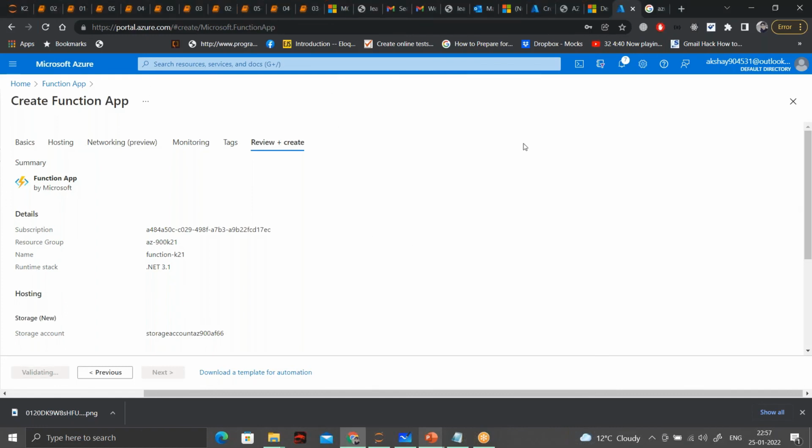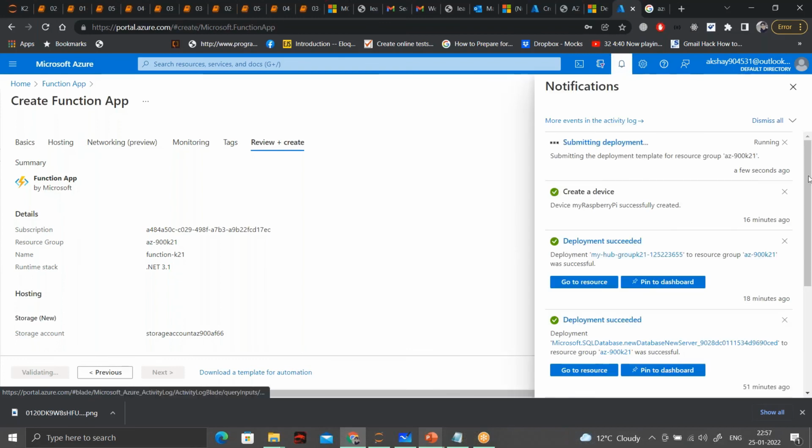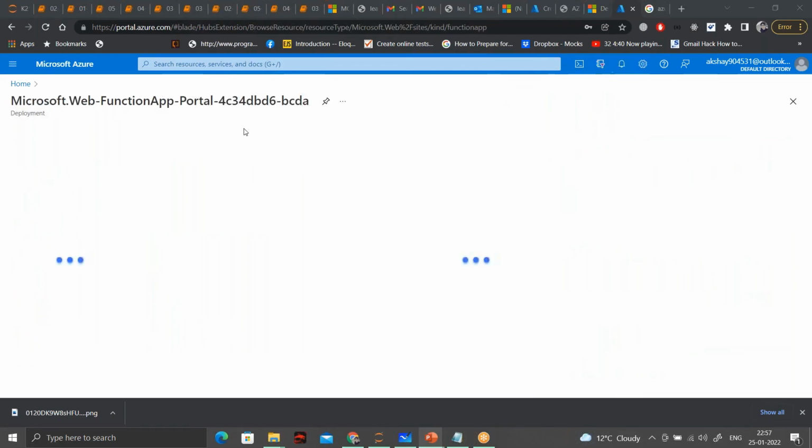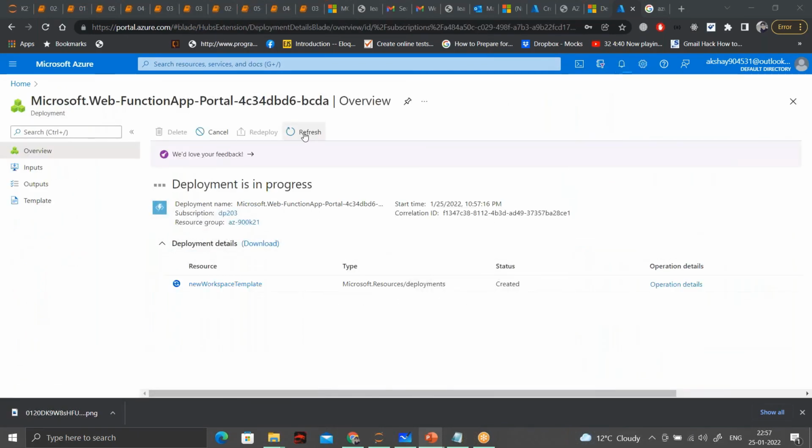So this is creating a function app. Okay, it is provisioning a function app for me.